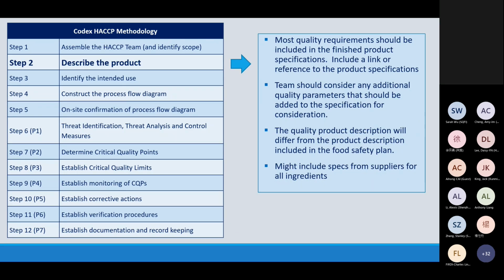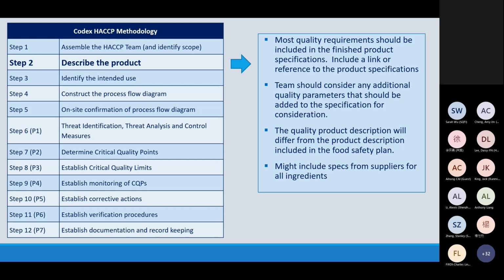Describing the product, most quality requirements will be included in the finished product specifications within the site. Again, as I said before, that's the chemical attributes, the physical attributes, the microbiological attributes, the moisture level, the protein level, the pH level, etc., will be in the specifications. However, the team also needs to consider any additional quality parameters that should be added to the specification for consideration, like the flavor, size, color, the other dimensions of the product that contribute to its